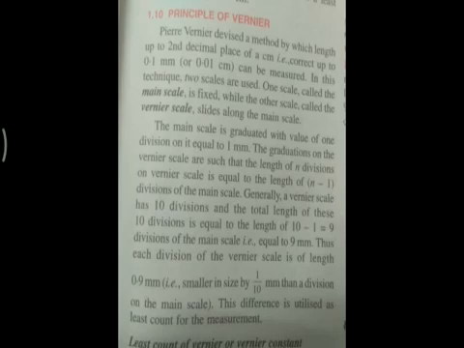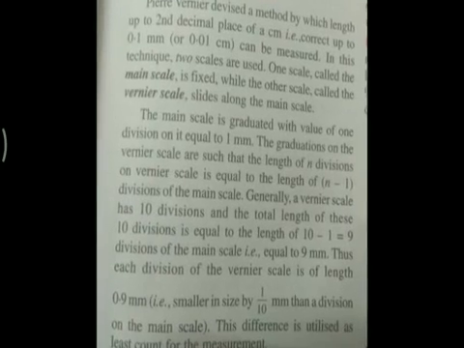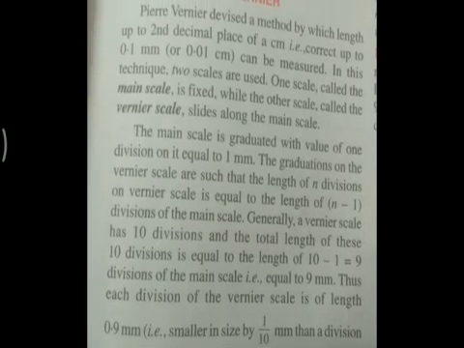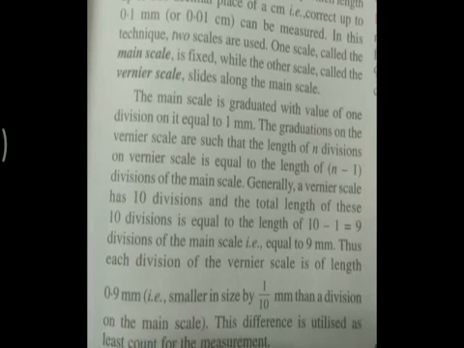1.23. That means we are having more accurate than that of meter scale. So in case of the vernier, we are having two scales. One is the main scale and another one is the vernier scale. Where main scale is the fixed one, just like the meter rule, but vernier scale slides along with the main scale, right? The main scale is fixed and vernier scale is sliding over it, right?